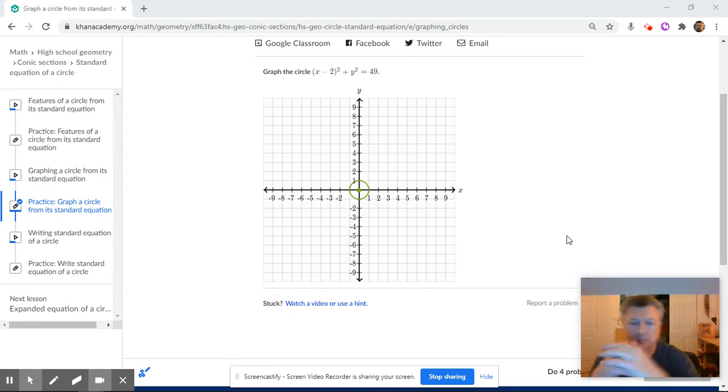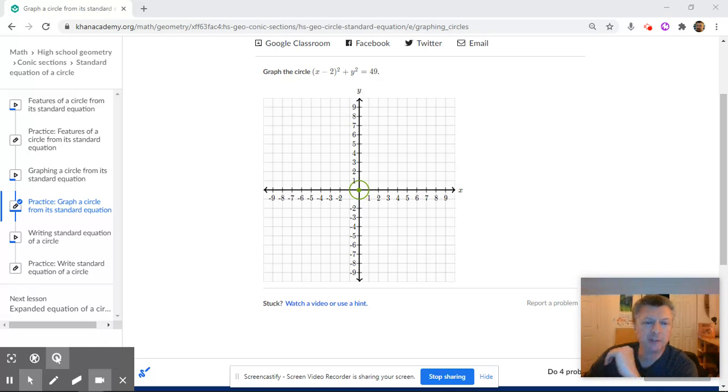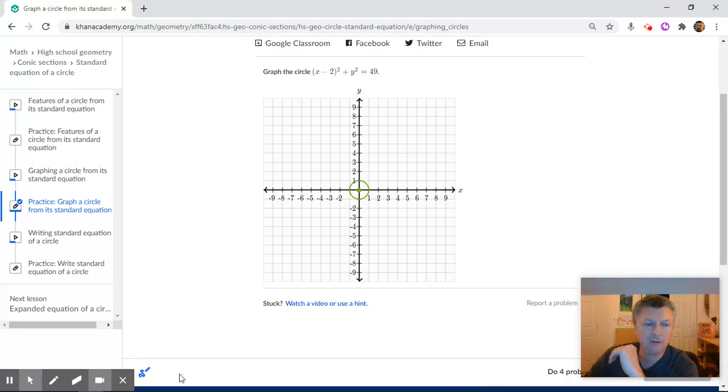Today, we're going to go over the equation of circles. So, what you see here on the screen is a Khan Academy exercise for graphing a circle when given the equation. I'm going to show you this in a little bit, but before we do that, let me go over the